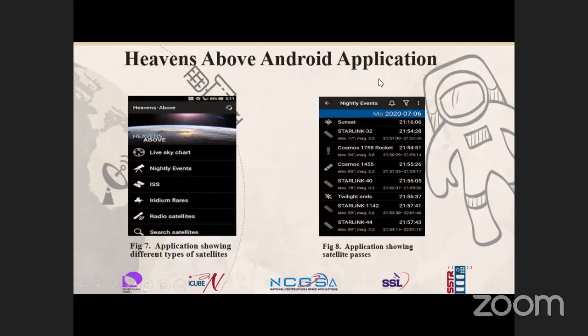Here the software is explained one by one. This is the Android app Heavens Above. It is a free app and we can easily download it from the mobile app store. And this app will give a list